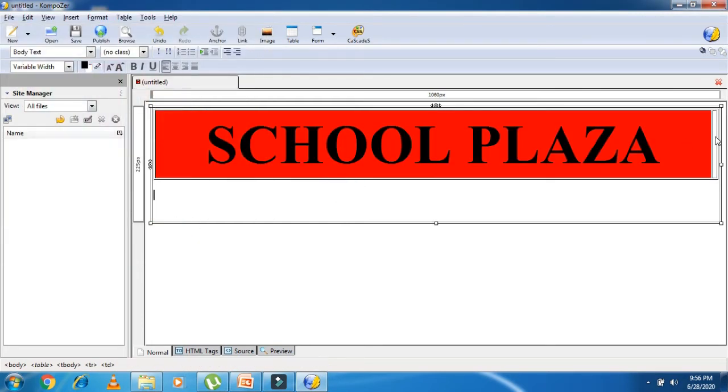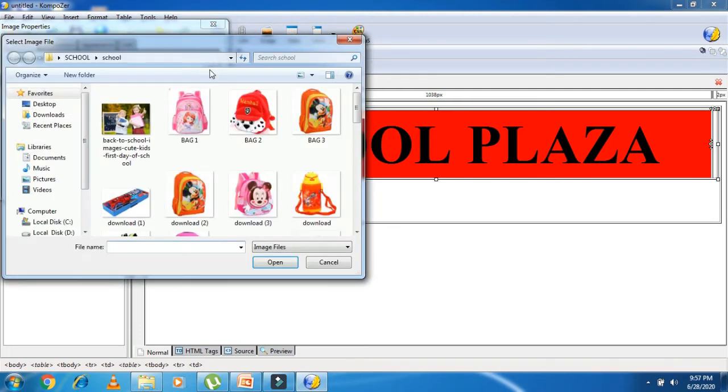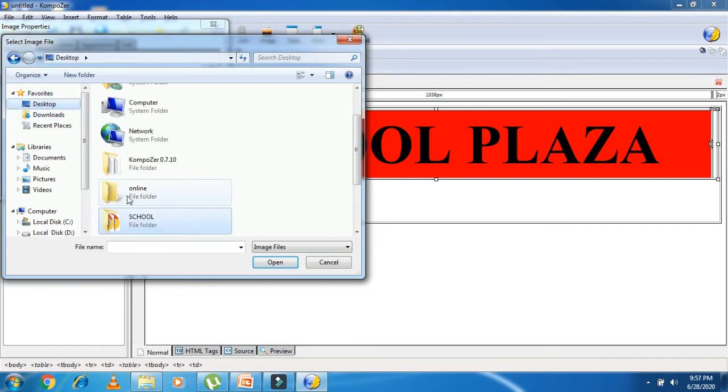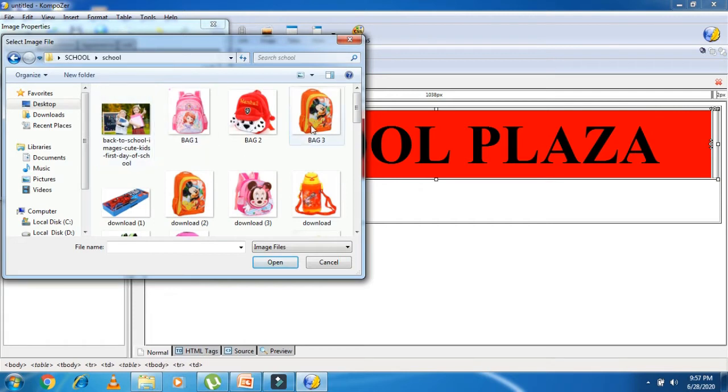Okay, now here you have to set the picture, but for that you have to click on the image option. From image location you have to choose where it is stored. I kept this folder on the desktop, so I will go to the school folder and select the logo.